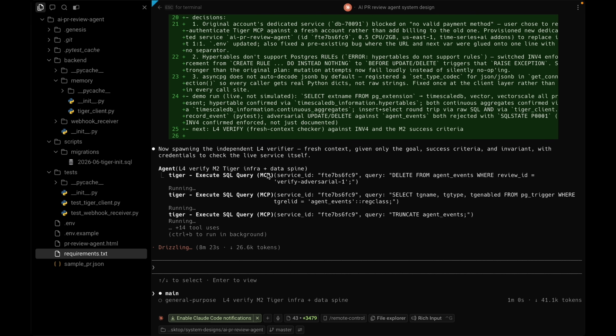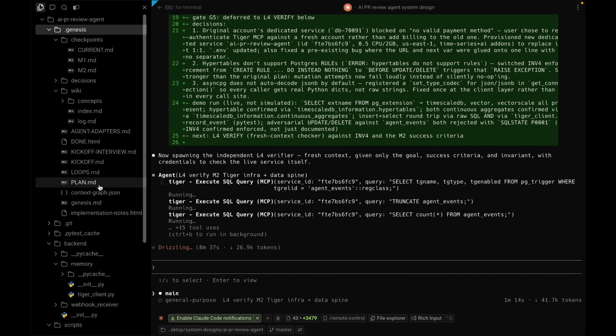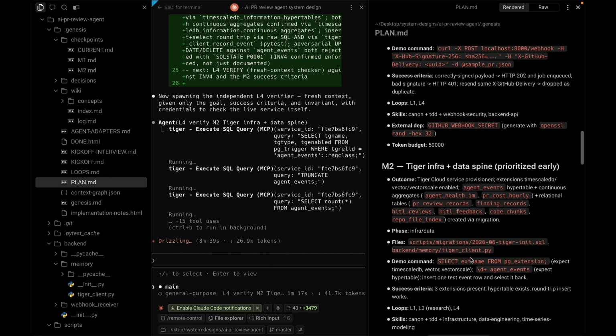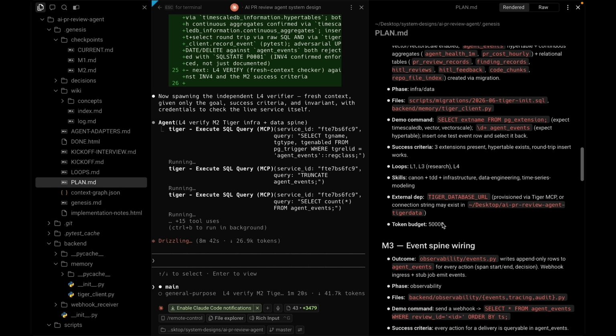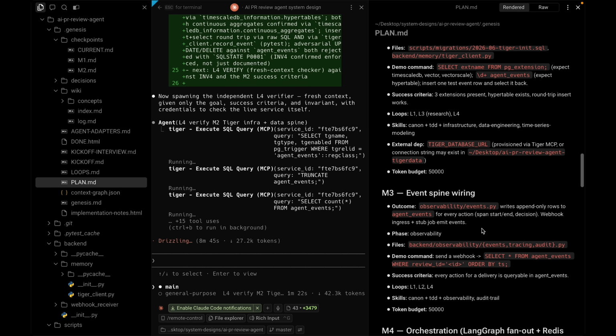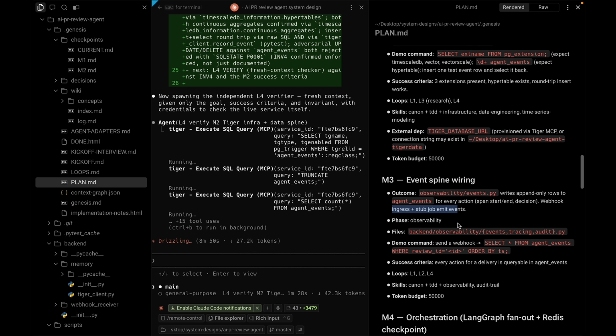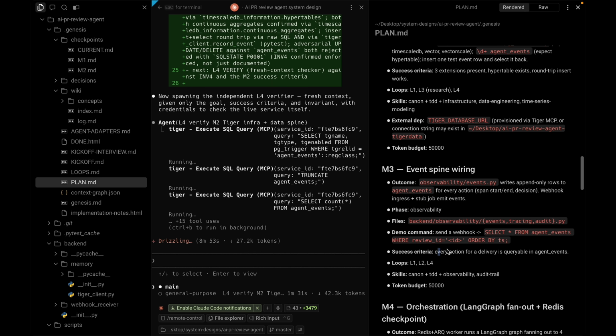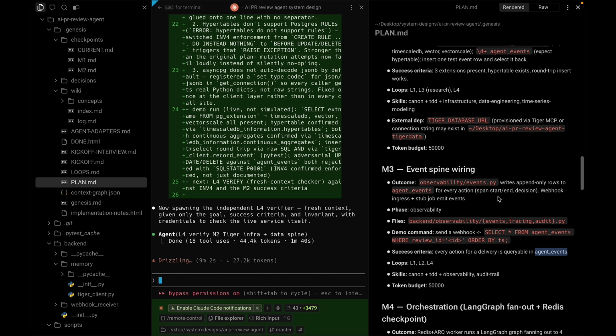Okay. What is the next phase? So let's open plan.md. Okay, let's see, we are living under the budget tokens as well. M3 is write append-only rows to agent events for every action, webhook ingress basically. So basically for every action for a delivery is queryable in agent events. So basically for the observability, we need to be able to